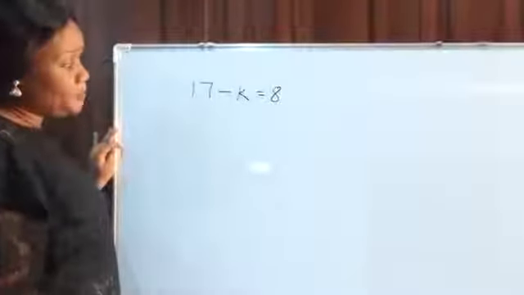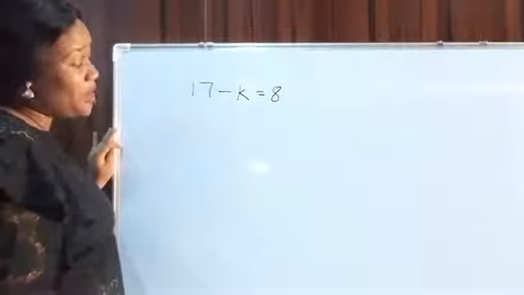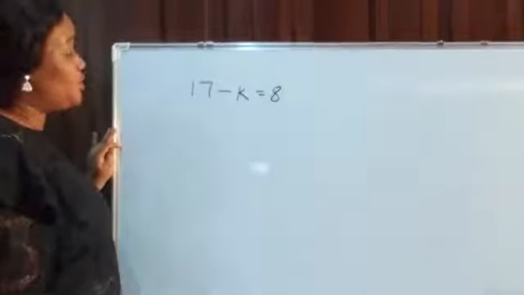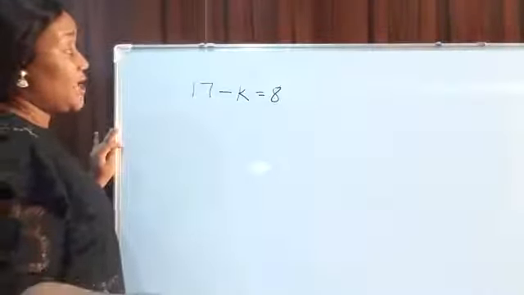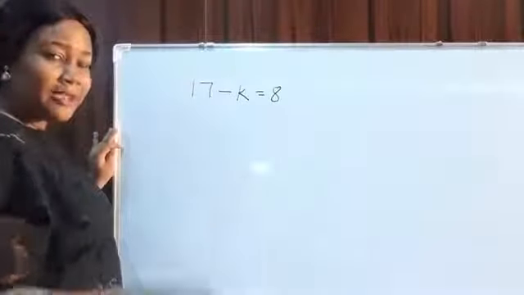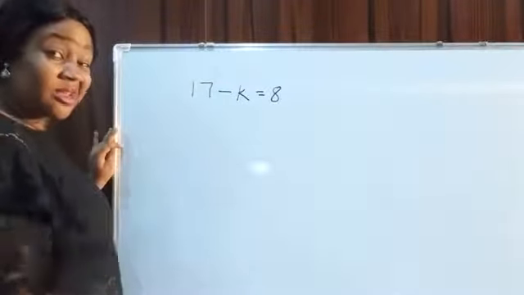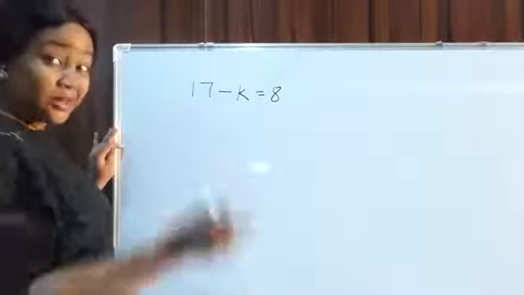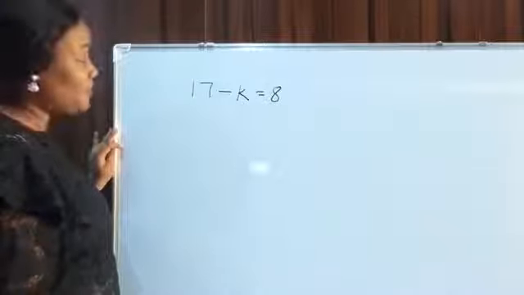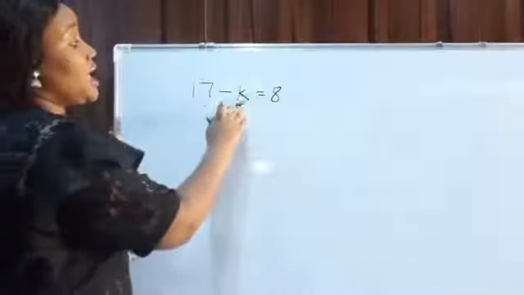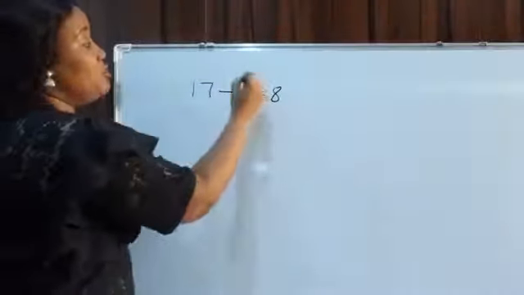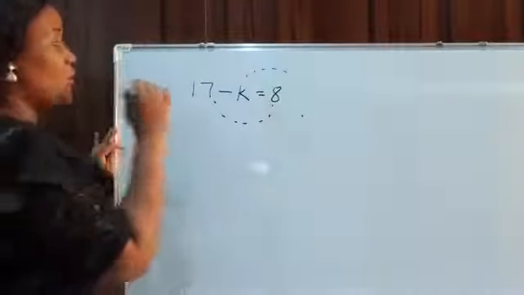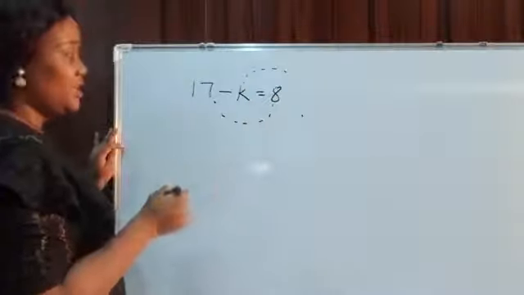Okay? So, now we have this equation. What do we do? We're still going to jump, but now it's going to be a little tricky. But we're learning. We'll learn it. It's not bigger than us. We'll learn this math today. So either you move K over and bring 8 here, or you move 17 to the other side.